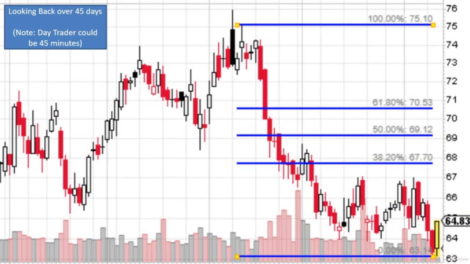If we look at this as a real security here, I've set the look back period to 45 days. I know this is periods, I happen to choose days. If you're a day trader, you might choose this as 45 minutes for your Fibonacci level. It would actually come up with the same thing if this was within, let's say, a day time frame. But I'm choosing